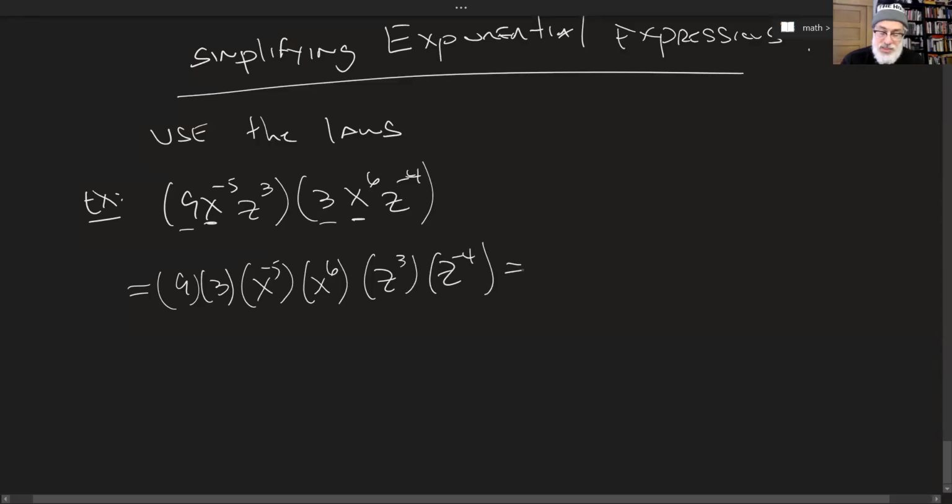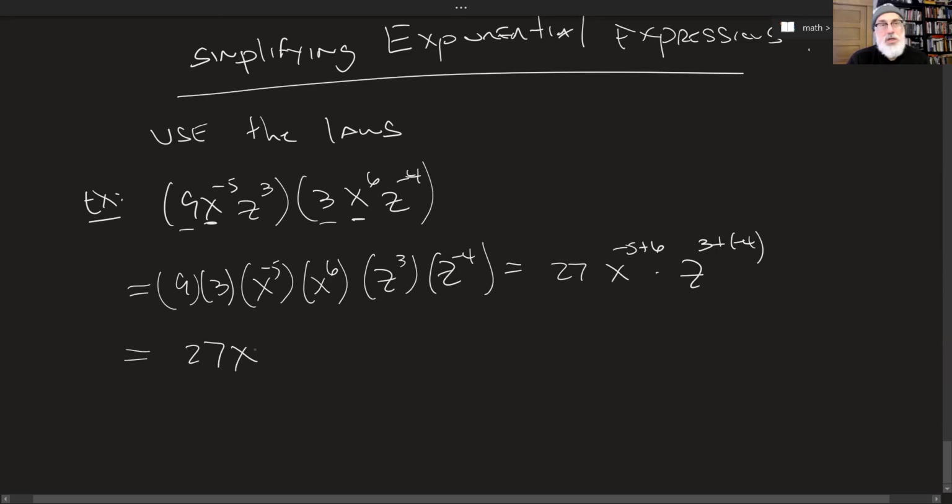All right, so 9 times 3 is just a constant, 27. And the rule then says that if I have two bases that are being multiplied, I can add the exponents. And then we're going to add 3 plus negative 4. So we get 27x